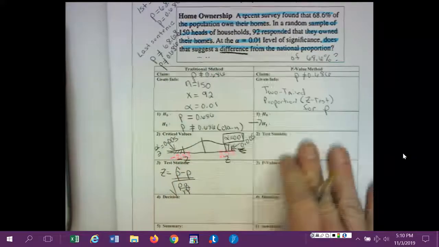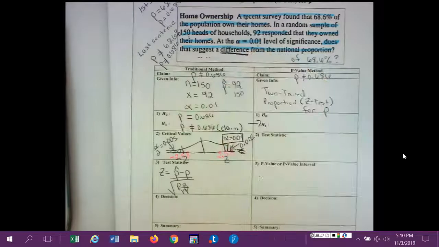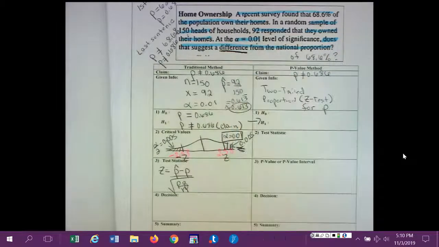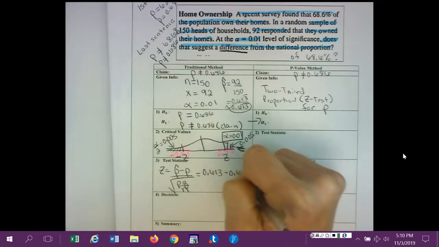Now we did not figure out P hat from up at the top, but P hat is 92 out of 150. If it's not a nice P hat, the textbook says to round to 3 places accurately. I get 0.613 repeating. So rounded is 0.613. That's what we're going to use for our P hat. 0.613 minus 0.686, the claim,